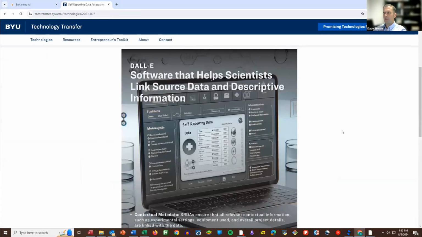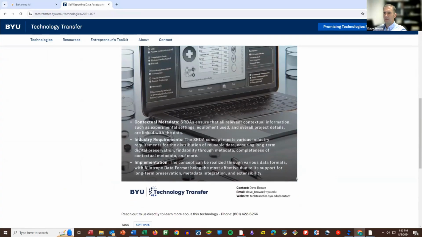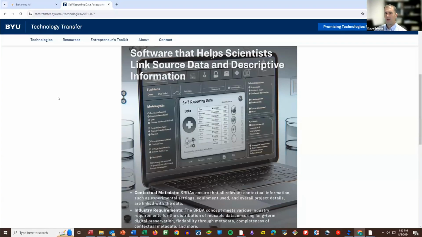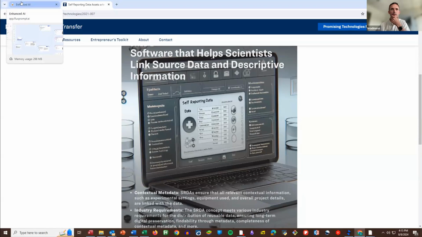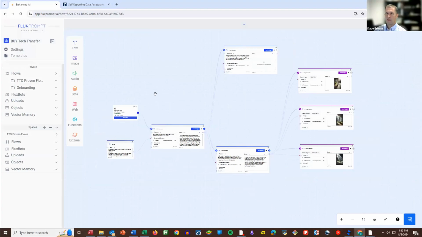So this is a software one, and then have just key business-level points about the technology there. So when a business person is looking at a technology, if you're an entrepreneur, you can really quickly understand it. You don't have to read the patent or the invention disclosure or anything to get what's going on. And then you're seeing this okay, right? Yeah. Great. And so this is my workflow that does most of the work of creating that.